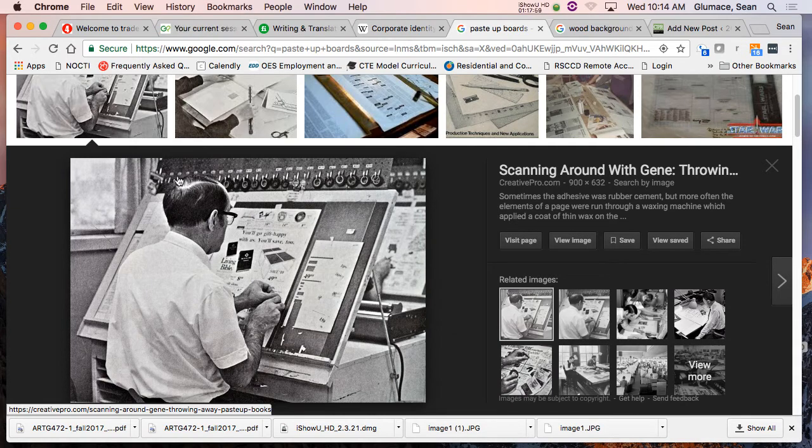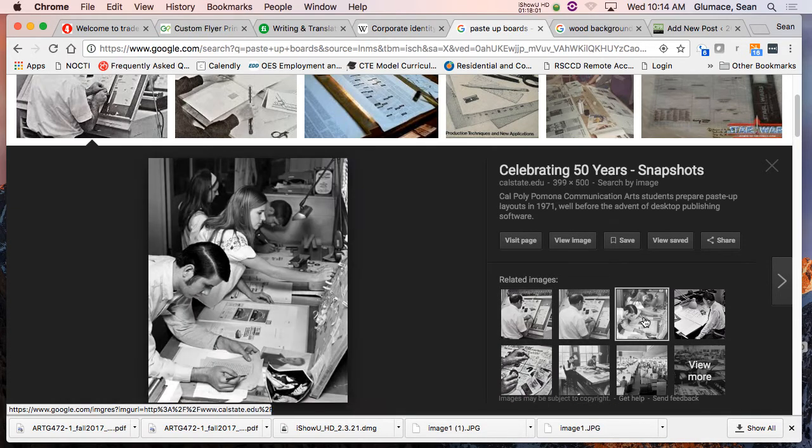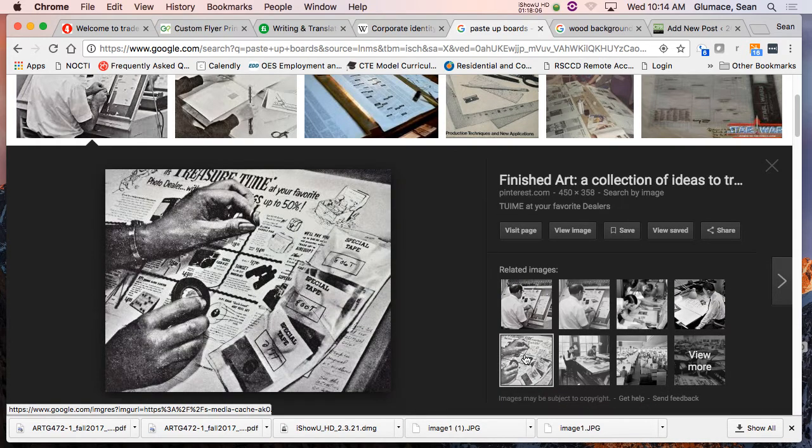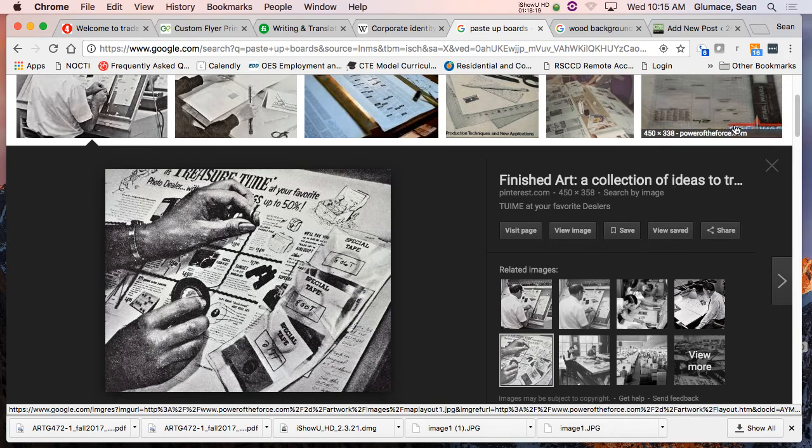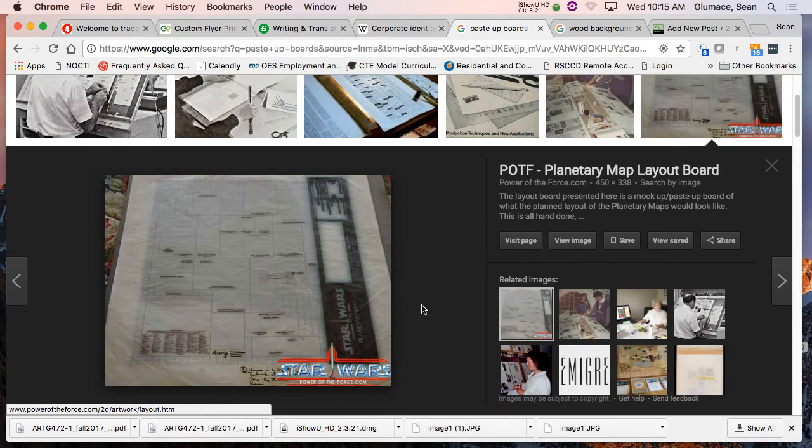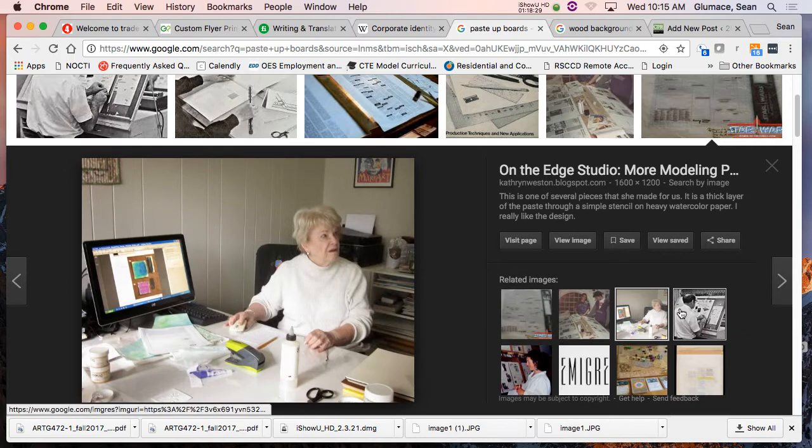But look at all the tape up there. I hated that. Yeah, these are all things we don't do anymore. Look at the tape. I'm doing squiggly line tape. So if you wanted to draw a border, you had to get the tape off, cut the tape, put the tape down, line it up. There we go. There's actual layout work for some Star Wars stuff.